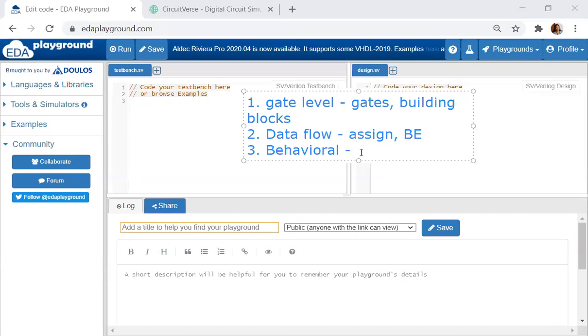Behavioral model will use states. For us, we will be using the logic truth table for the behavioral model. The fourth one is mixed type, which is a combination of all of these. The fifth one is circuit level or switch level, which we are not going to see.